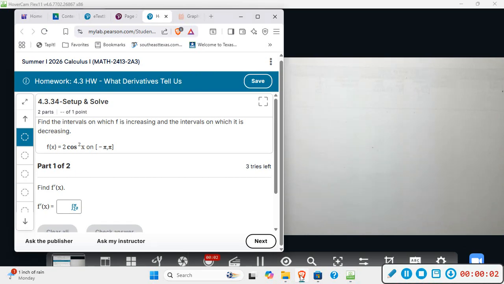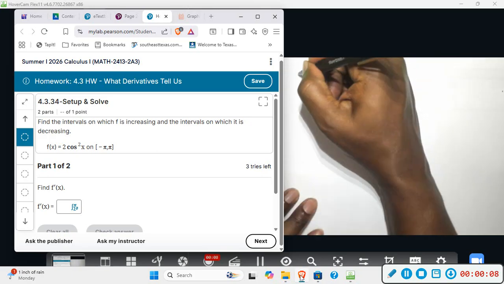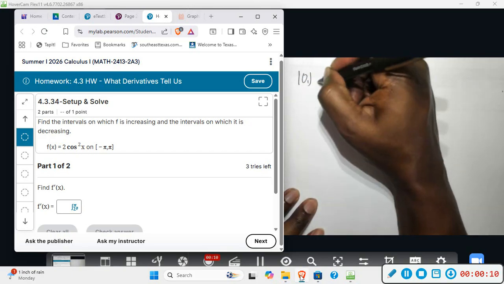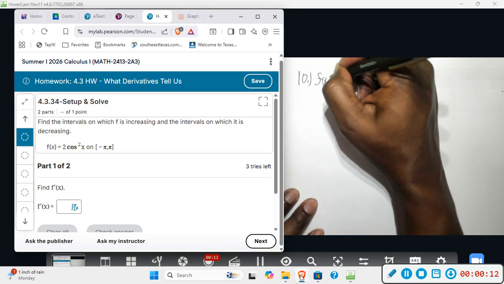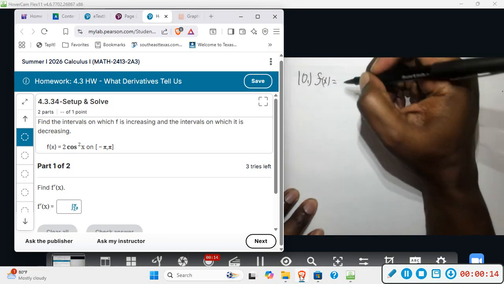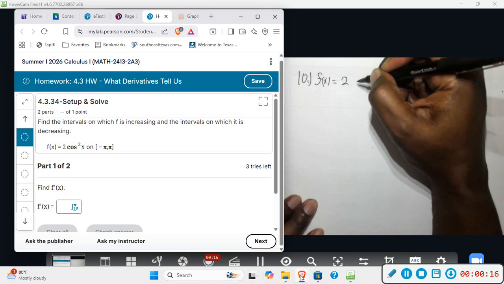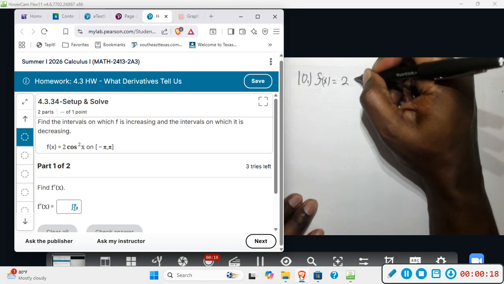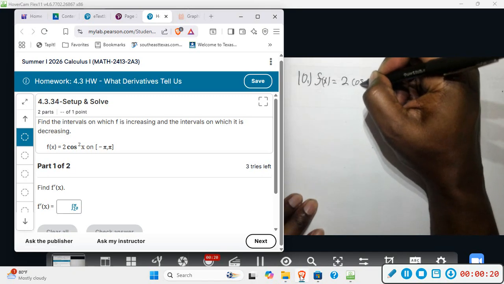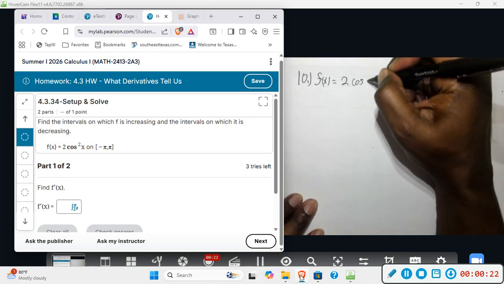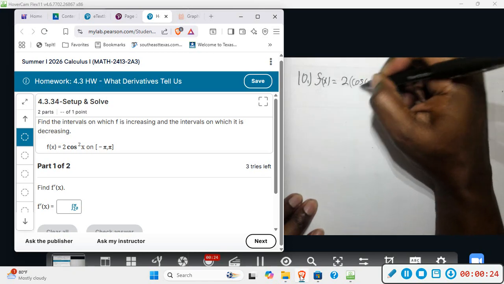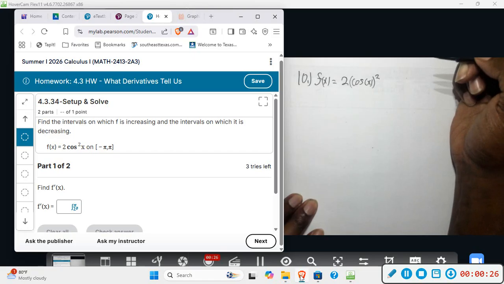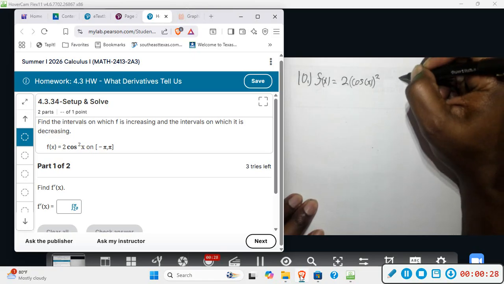All right, question number 10. We want to find intervals where f is increasing or decreasing. We have f of x is equal to 2 times cosine. Now it says squared x, so basically we're looking at cosine squared x. That's the way we need to write it, and we're going on the interval